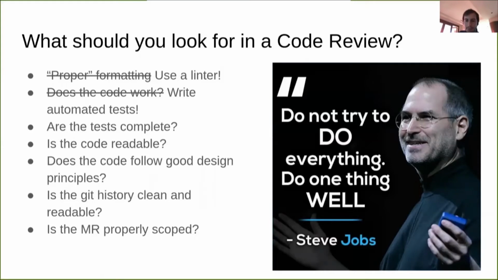And then, is the pull request or merge request properly scoped? This goes back to those four reasons for code that I was talking about. It goes beyond that, but it includes those things. So, a merge request that has too many things happening, if you're adding three features at the same time, that's probably a bad merge request. If it's fixing too many bugs or whatever, it's too big. So keep it well scoped. Keep each merge request related. Is there anything I haven't talked about that you look for in code review that you think is important?